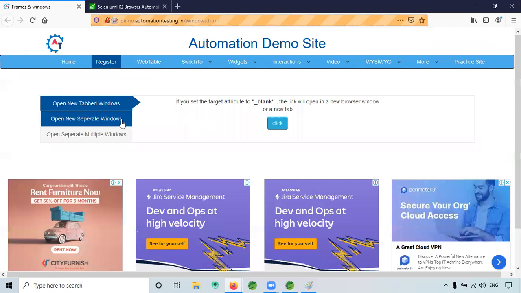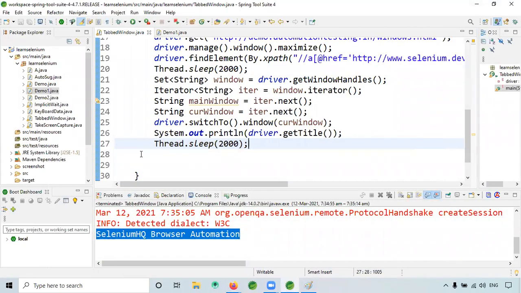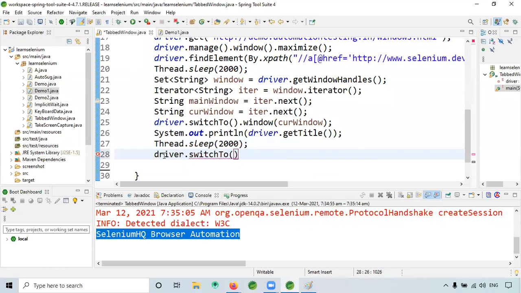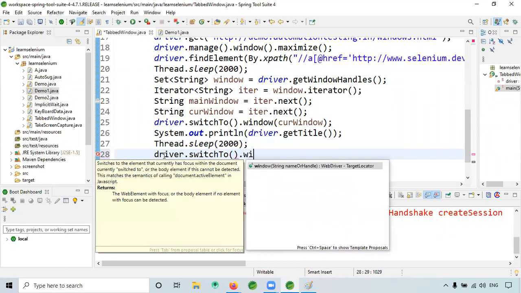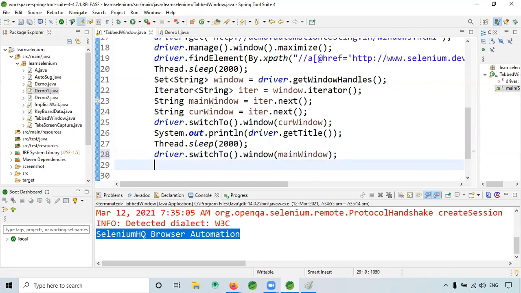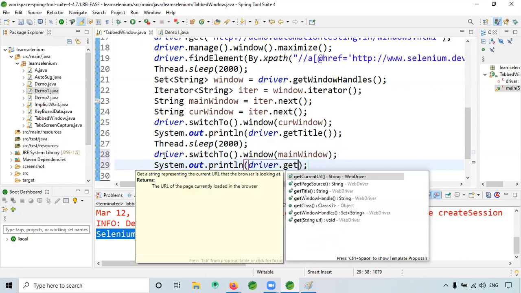This tab's title. Okay, so for that, what you can do is switch to the main window: driver.switchTo().window(mainWindow). Here we have to give the main window. Then give driver.getTitle().